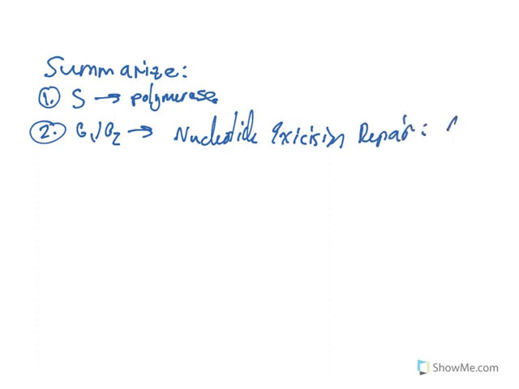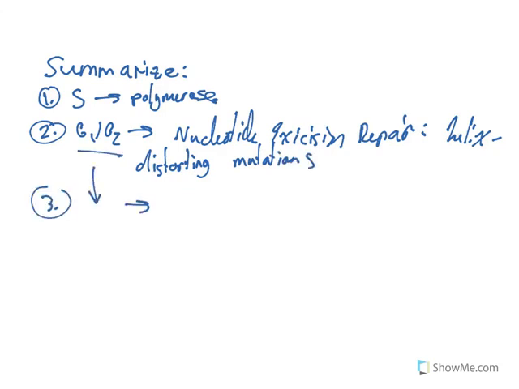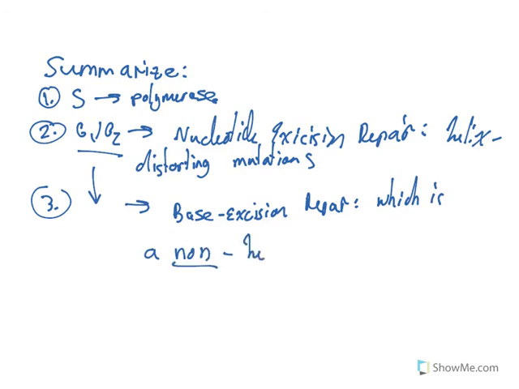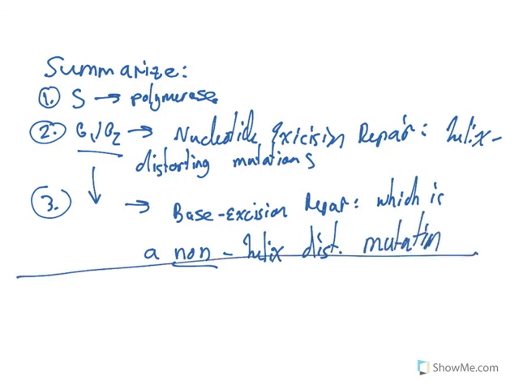And this results from a recognition of helix distorting mutations. And lastly, again in G1, G2, we have the base excision repair, which is a non-helix distorting mutation. And so that's a summary of the repair mechanisms as well as the